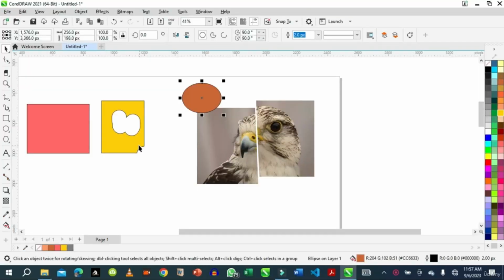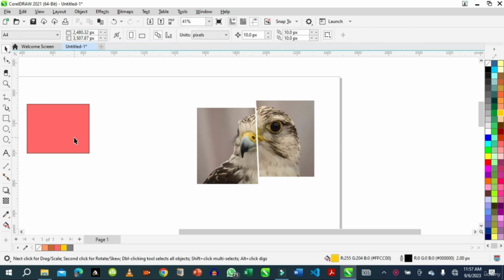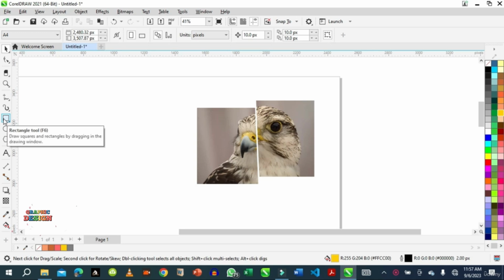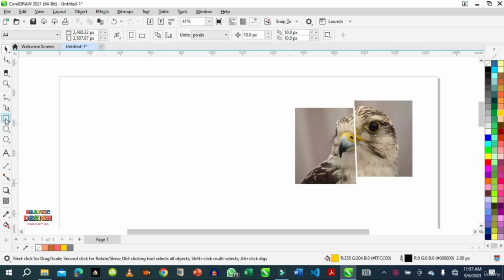We'll discuss the artistic tool and the regular shape. So here we go. We have some regular shapes. You mustn't draw shapes from scratch. So here, this is a rectangle. So click the rectangle tool,